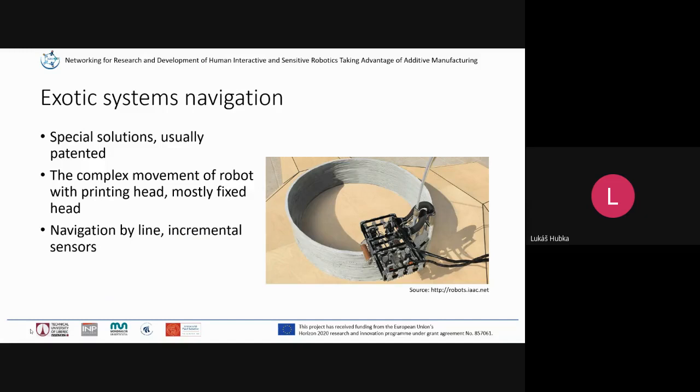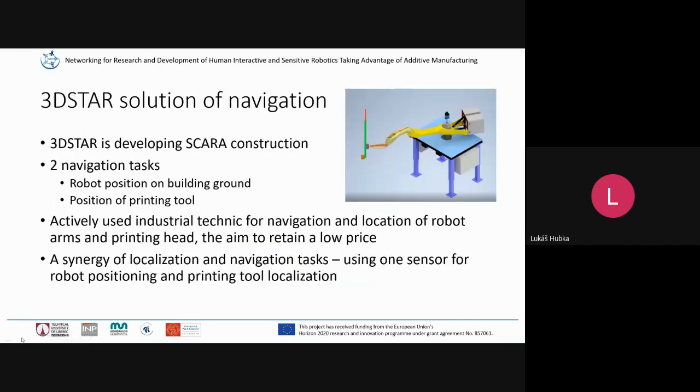Sometimes it's navigated by some line, so also some specific construction. It's a question of the future if there is some potential for this type of robots for 3D printing of buildings. So our solution of